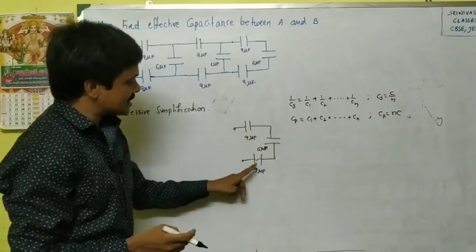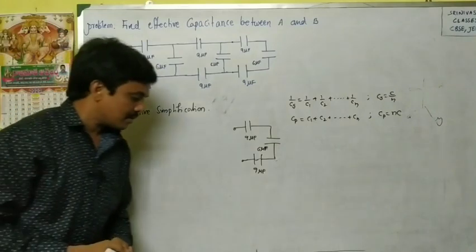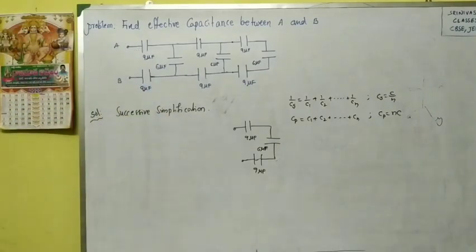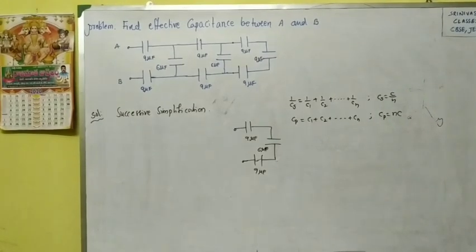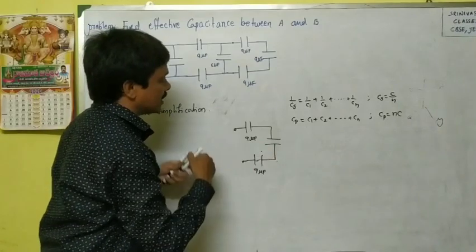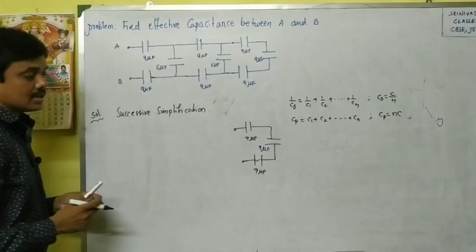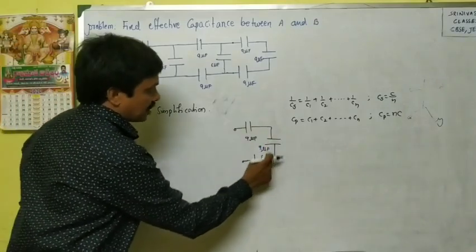In this, 9, 6, 9, these 3 are in series combination. How to find the effective capacitance in series combination? We know already. Then one small change in the problem. Look at the question, there are 3, 9, 9, 9. This is not 6 microfarad; in the question they gave us 9 microfarad. By mistake I wrote the 6 in the question. And now we have to find the effective capacitance.